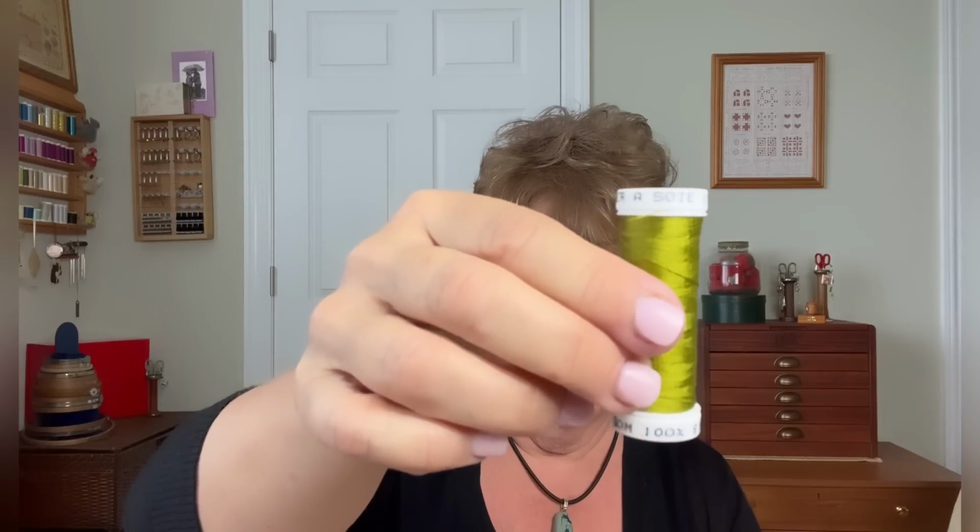Then they have, this is the 103. And it's still a Ver As Soie, but you'll know it's 103. It's on the spool, and then there's the number. This one is excellent for 40 count and 46 count. Now that's over 2. If you start doing over 1, you might want to go, let's say you're using 40 count of this over 2, but you want to switch to over 1, you might want to go to the 103. So it's a little bit finer. And then the third one they have